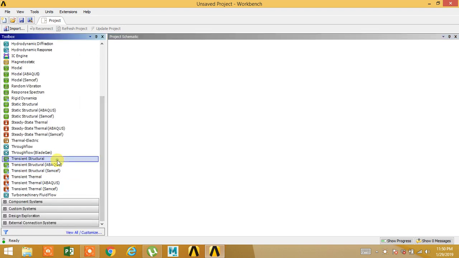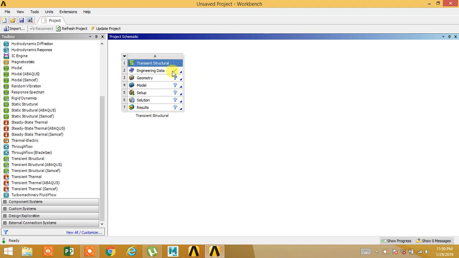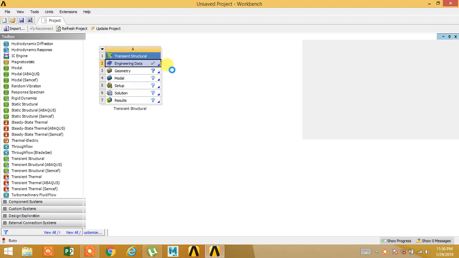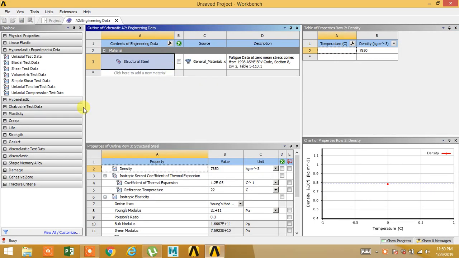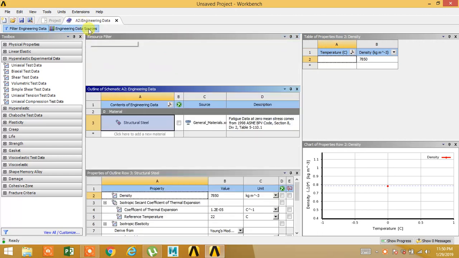Go to transient structural. Engineering data. Engineering data resources.